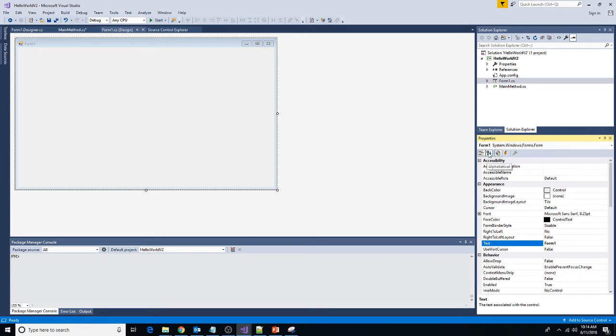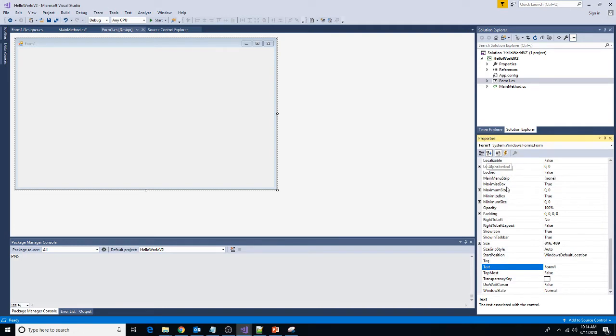The second toolbar option lets us change to an alphabetical display. Now, I will keep mine set at this alphabetical display because it makes it easier to find settings and properties that I want to update. Now, the last two options on our properties window are what form of properties we're looking at. By default, right now, we're looking at the property pages. We'll look at this other option, the events settings,